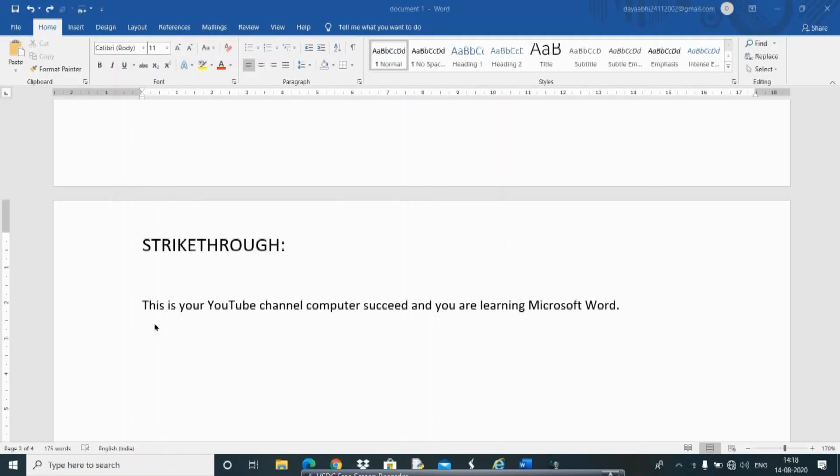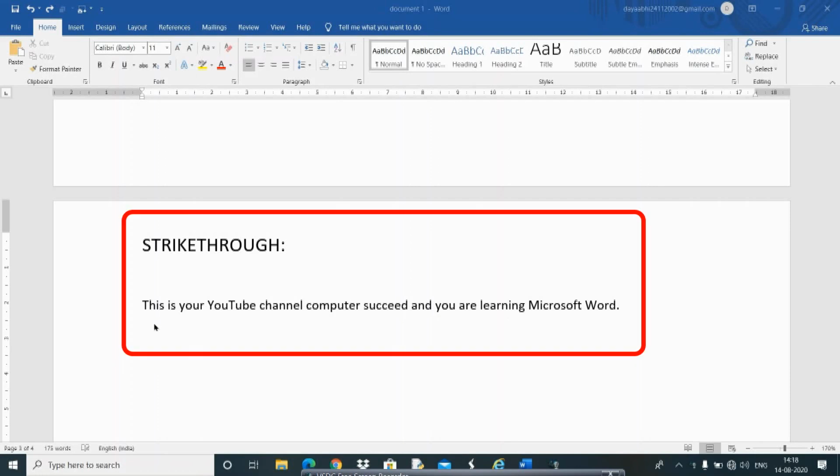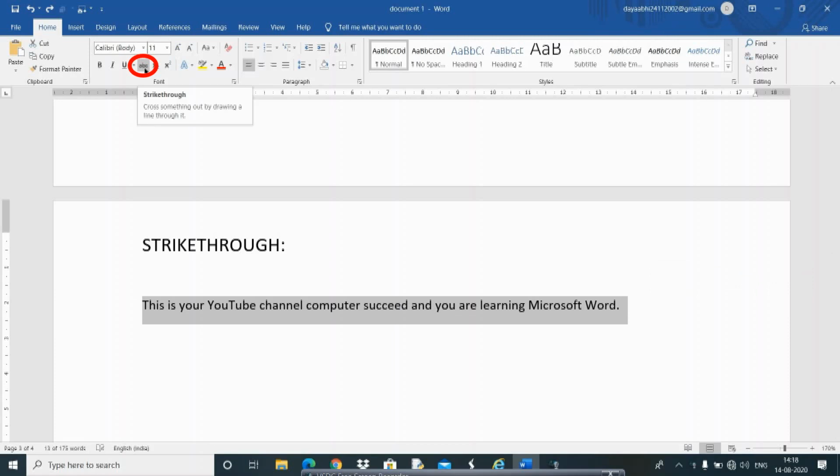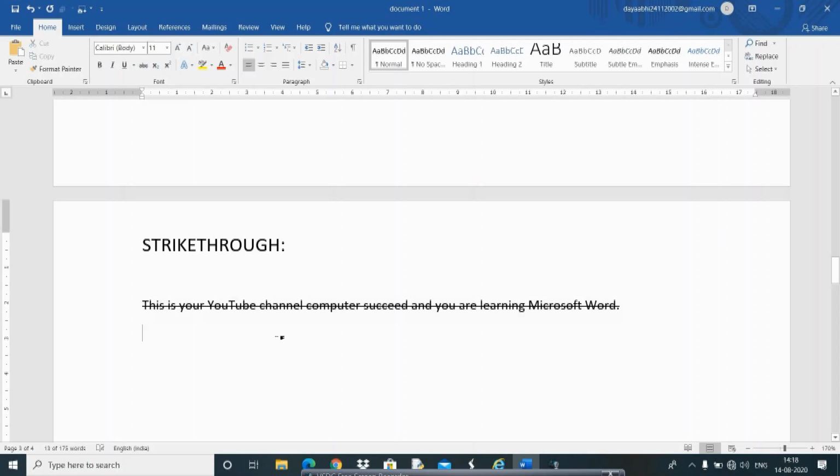There is a way to strike through text in Microsoft Word. First go ahead and make your selection of whatever text you want to apply the strikethrough formatting to. Then, under the Home tab in the font section, you will see some text here with a strikethrough on it, and that is the button for strikethrough. So we will click that. We can see it's applied there.